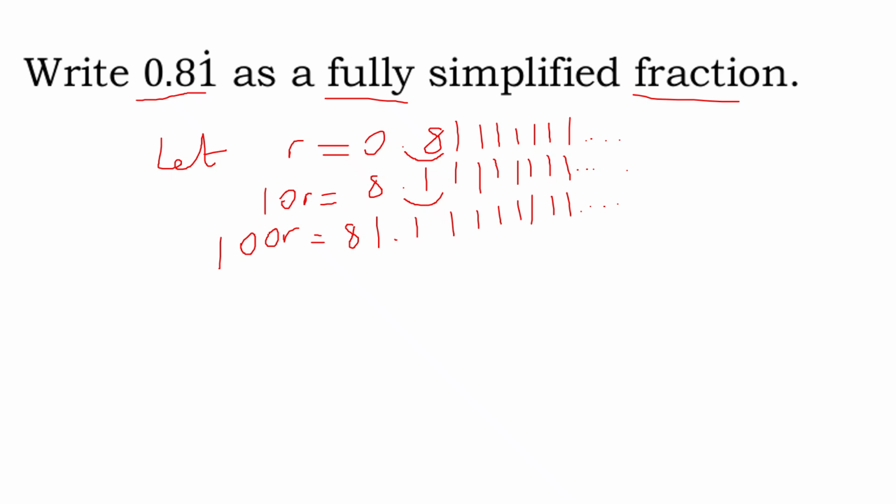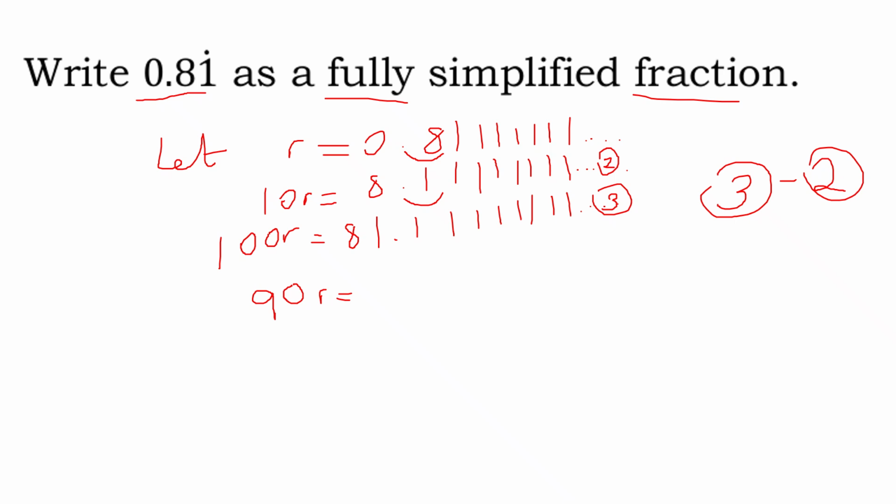Now, if we pause for a second, we can see that for the 100R and the 10R, we have the same numbers after the decimal point. So I can now do 100R subtract 10R. If I label these as equation 2 and equation 3, and do equation 3 subtract equation 2, we're going to get 100R minus 10R, so that's 90R, so 90 lots of R is equal to